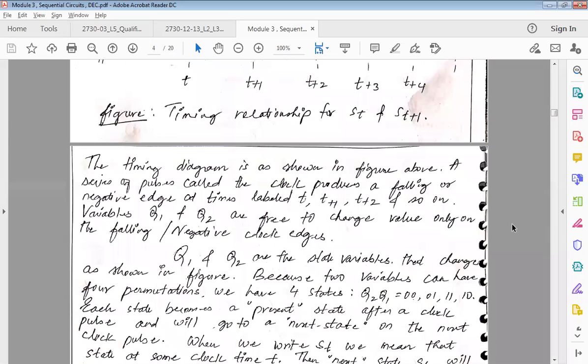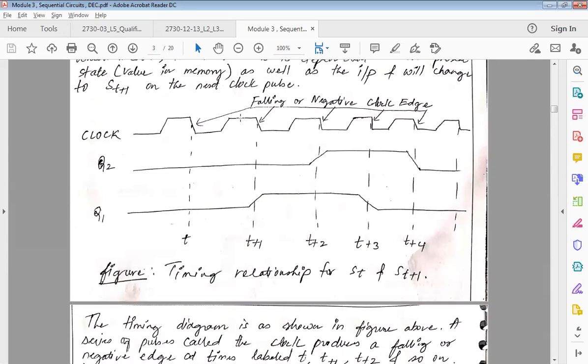Okay, is it changing for the negative edge, or is it changing for the positive edge of the clock? Whichever side of the pulse appears, it is at that time that the data gets updated. Say it had data from 0 to t. It had value 0. So let me just write it here. So from 0 to t, for this timeline,